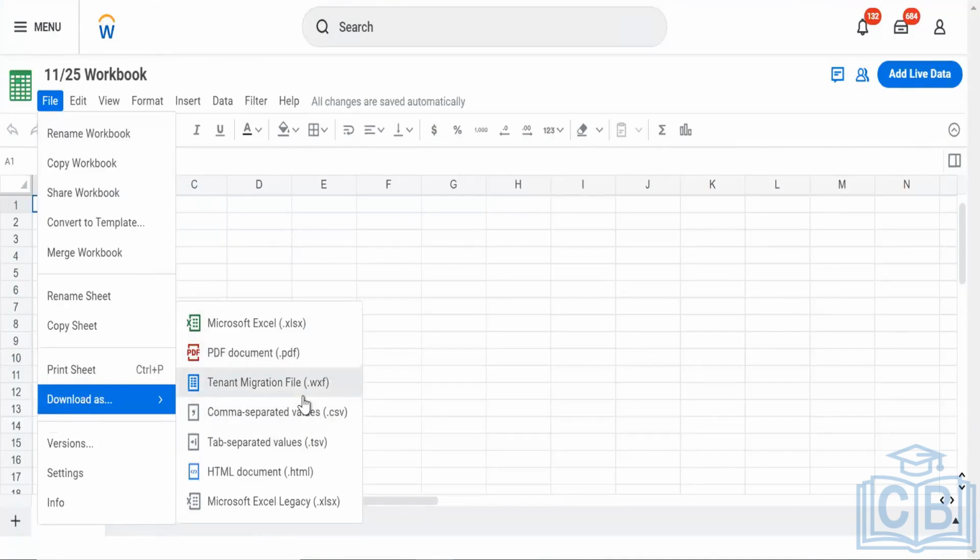Let's say I want to migrate this workbook. This is something related to internal. This is a CSV file, tab separated, HTML, and Microsoft Excel file. Then these are the versions. If I click on